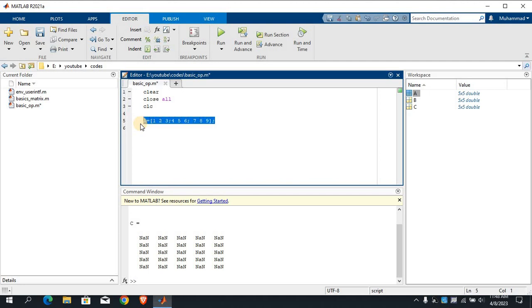Ctrl+C, B, Ctrl+B, capital B. The result should be stored in... Now, if I change this to 11, 12, 13, 14, 15, 16, 17, 18, 19, and if I divide this